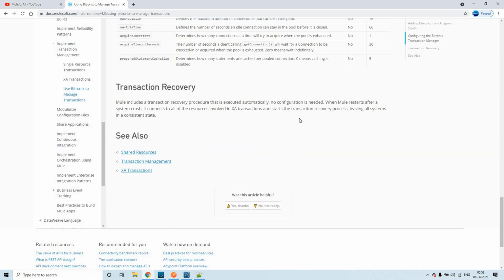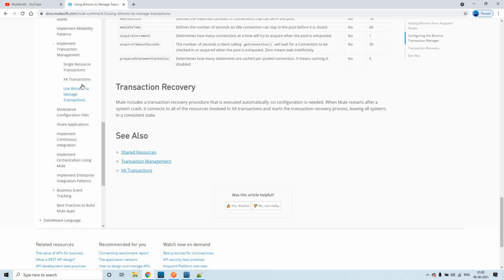Mule includes a transaction recovery procedure that is executed automatically. No configuration is needed. When Mule restarts after a system crash, it connects to all of the resources involved in the XA transactions and starts the transaction recovery process, leaving all the systems in a consistent state.